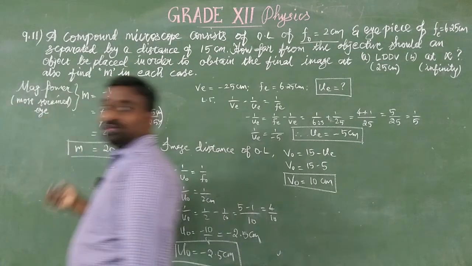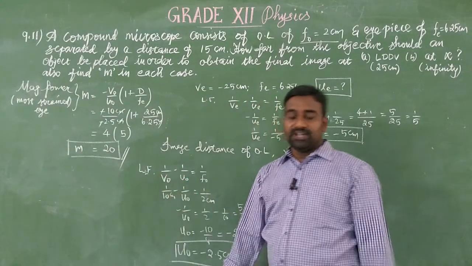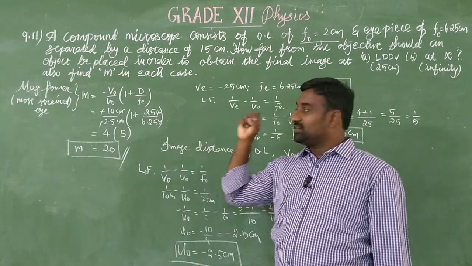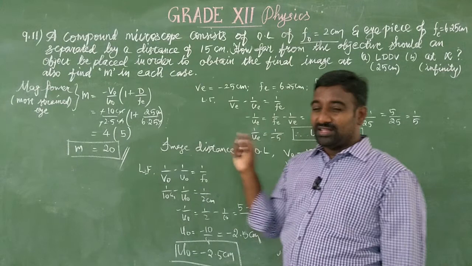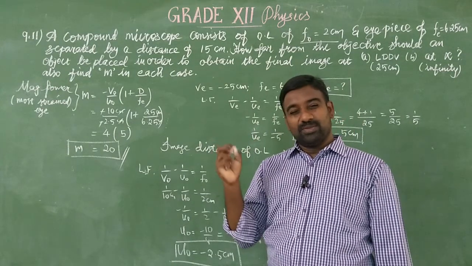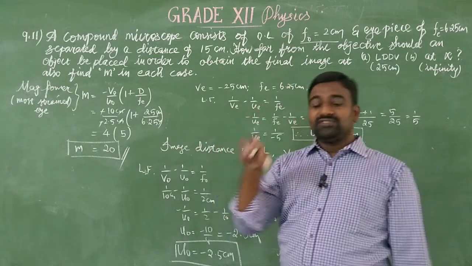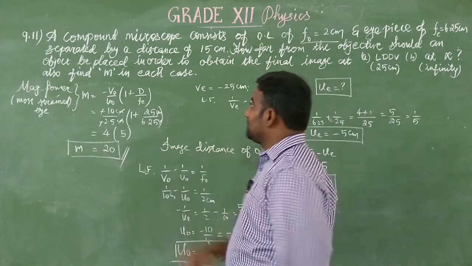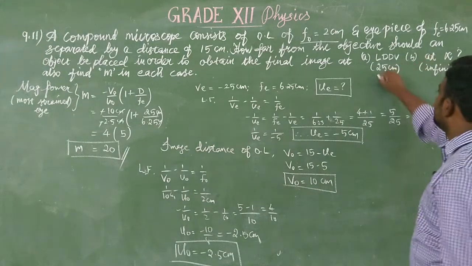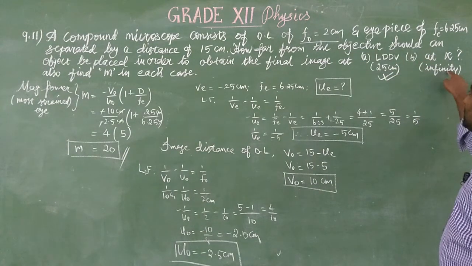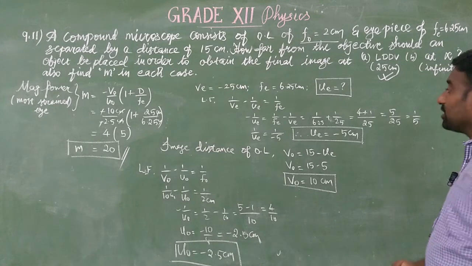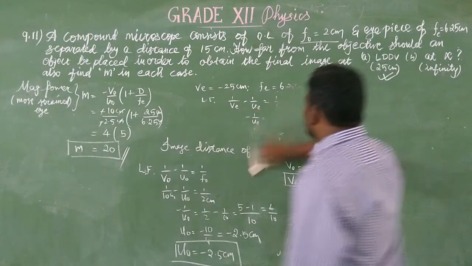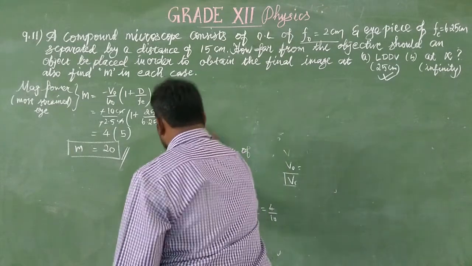So it is magnified 20 times. Okay. So in this case, for the most strained eye, we have magnified, but we need to focus very keenly, so it will cause some strain. That's a problem. Next case, so this case is over. Now we are going to solve the case where the image forms at infinity. Listen, if the final image forms at infinity, where would the object be?